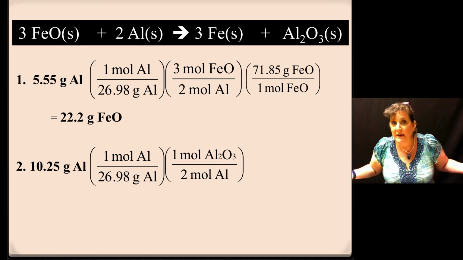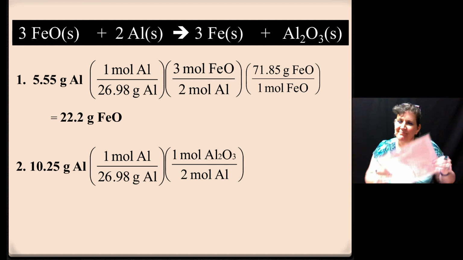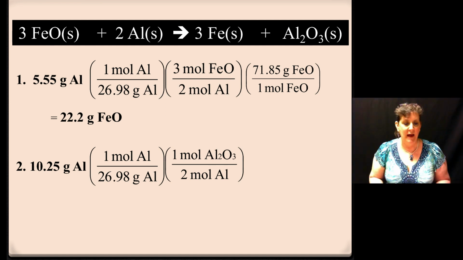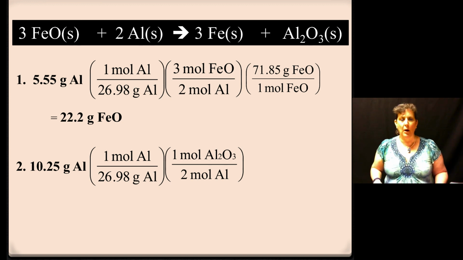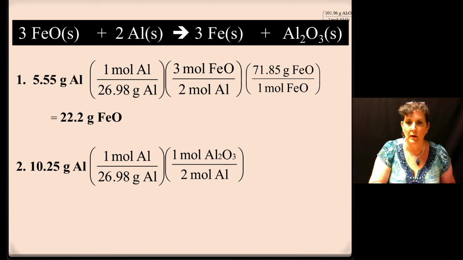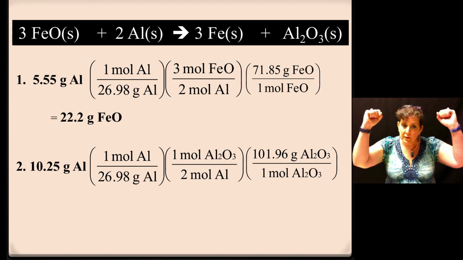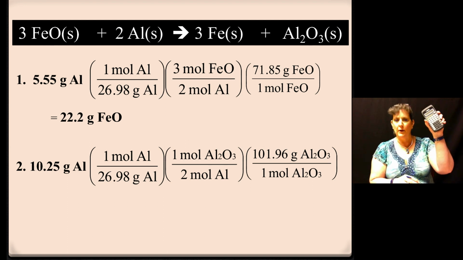Did the question ask for moles of aluminum oxide? No, it asked it for grams. How do we go from moles to grams? Molar mass. So we've got to add up 2 aluminums and 3 O's. Do that real quick. Hit pause. Okay, did you add up your 2 aluminums and 3 oxygens? Okay, that's 1 mole. Hopefully you got 101.96 grams per 1 mole. Moles of aluminum oxide cancel out. We have our grams. We're ready for our calculator.